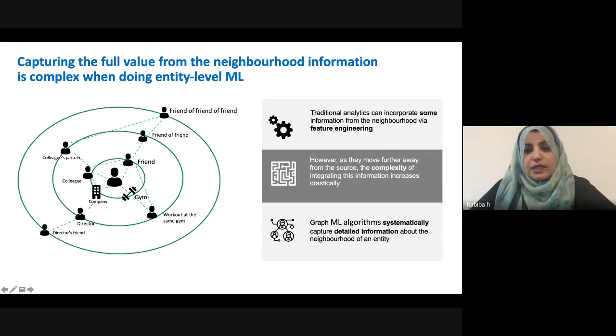Plus, it's not very flexible to incorporate different degrees of relationships. If we talk about incorporating your direct friends, then what happens when you have friends of friends, and friends of friends of friends of friends, etc.? So it's very hard to scale this approach. So that's where the idea of graph machine learning originated: how do we actually incorporate